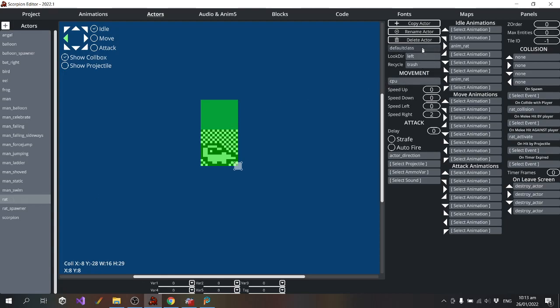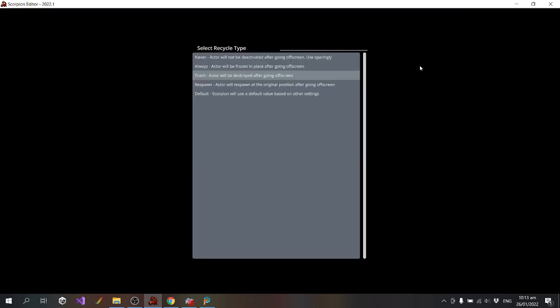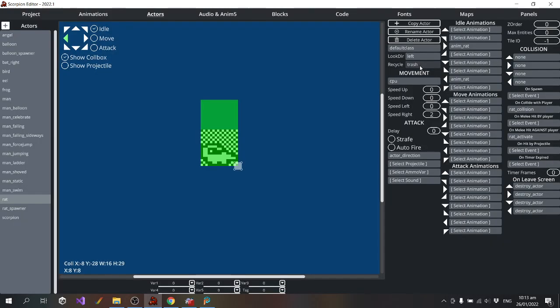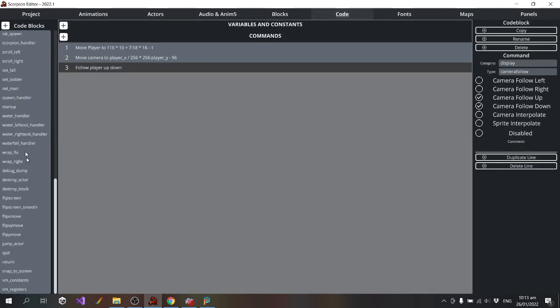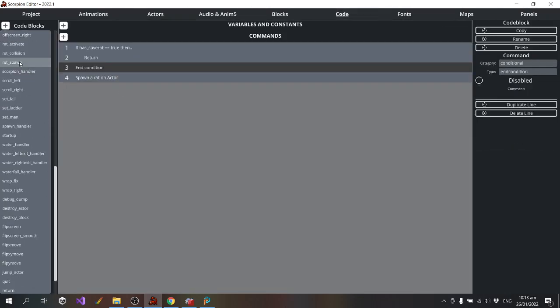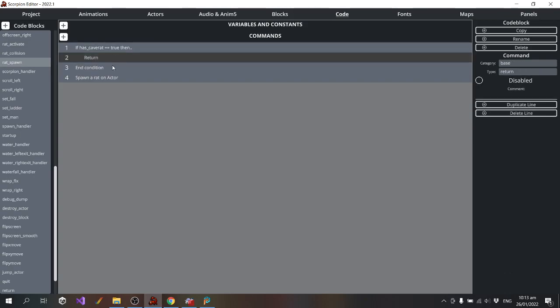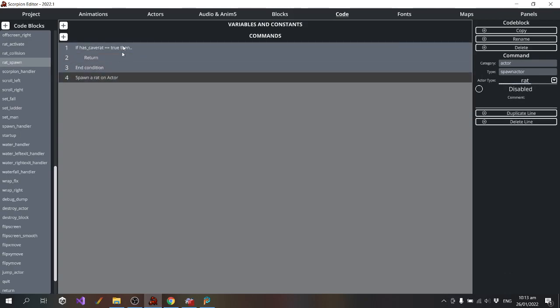Now I've got recycle mode set as trash. Maybe that's... Oh, now I've got a rat spawner. Okay, so my rat spawner object, if has cave rat equals true, then return our spawner rat.